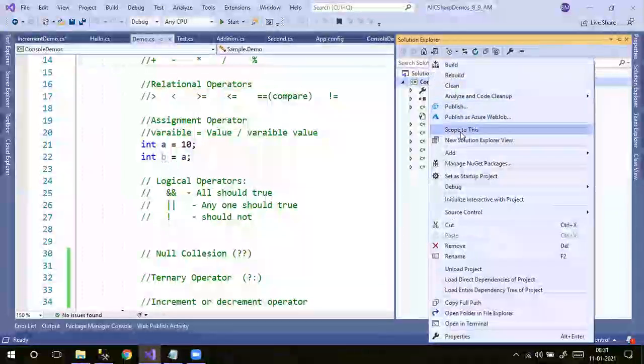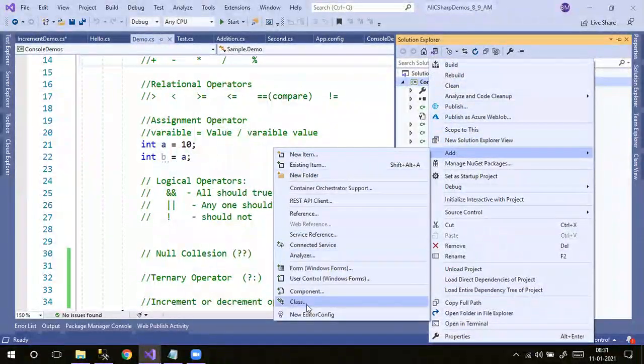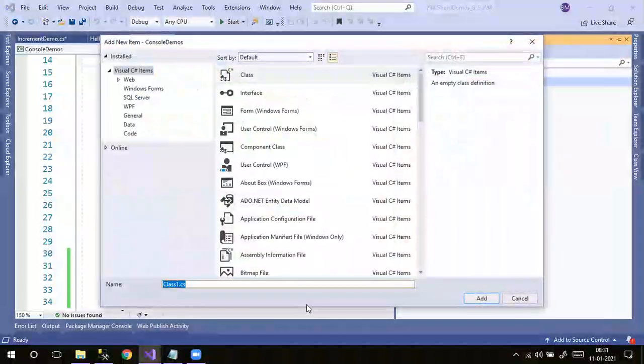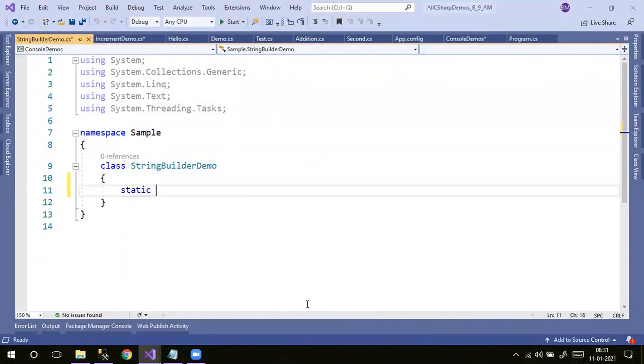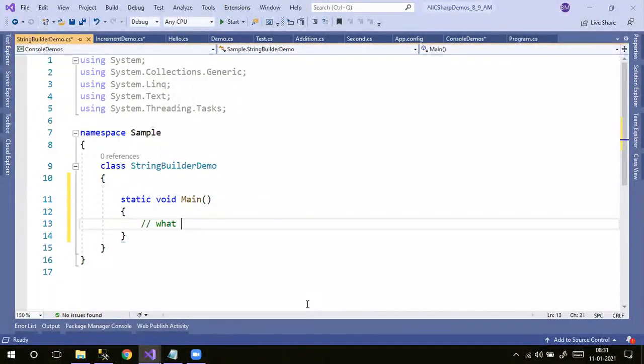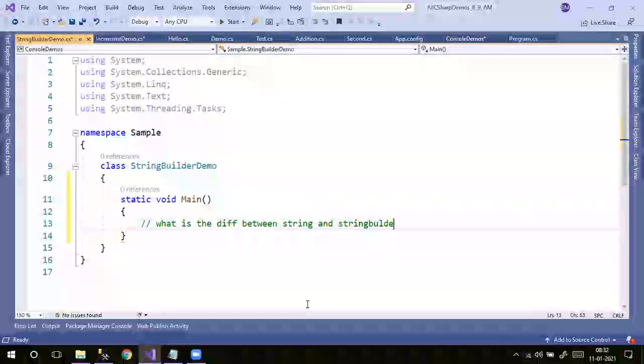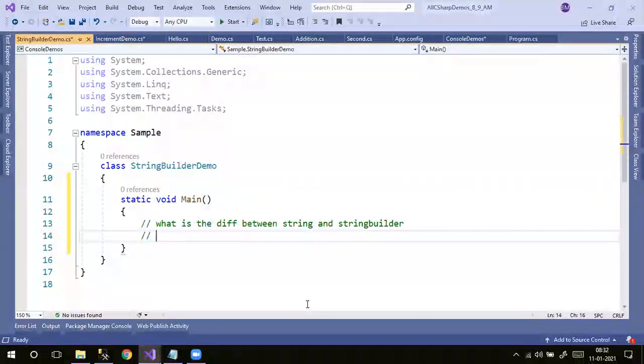Then right click, add one more class. Next, whatever I'm saying here, these are interview questions only. Static void Main. The questions they will ask, like difference between string and StringBuilder, or in C#,